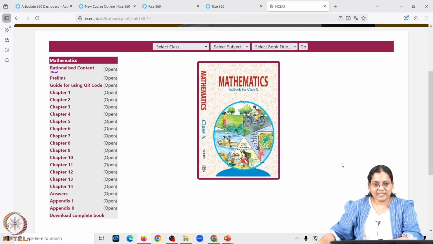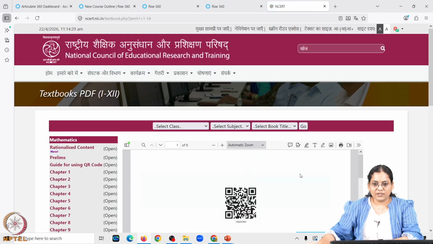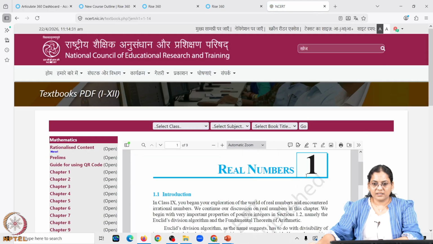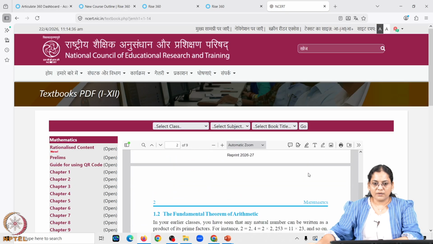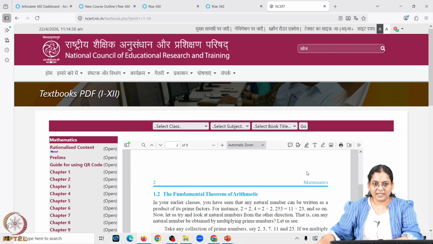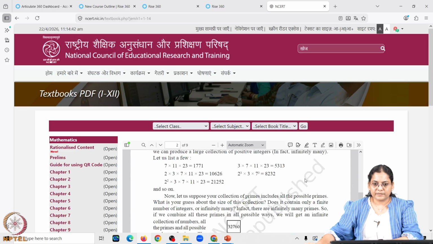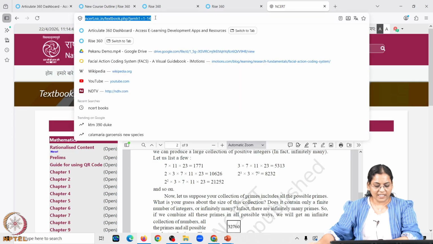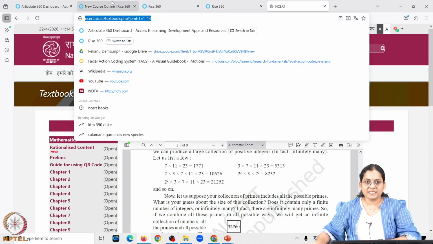So we'll create a course for class 10, chapter 1. I'll open that course. Here we'll get the learning material of the first chapter in the class 10th textbook, and that is Real Numbers. This is the link we can copy. We can copy this link and